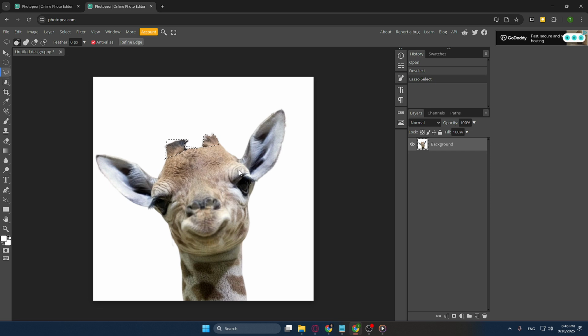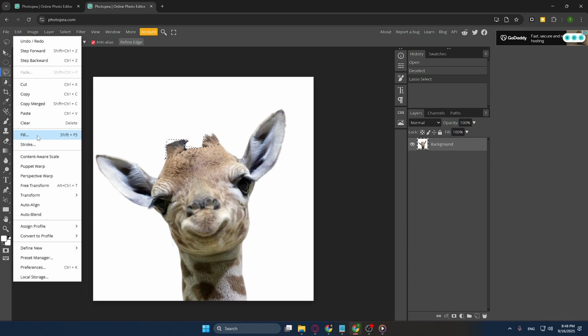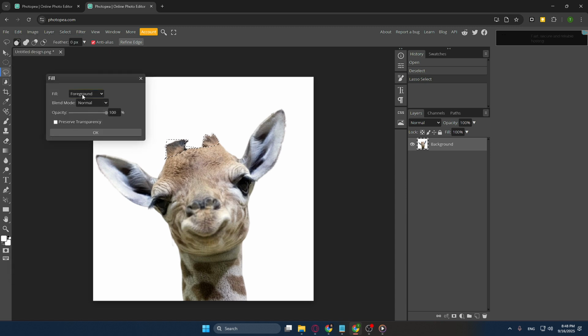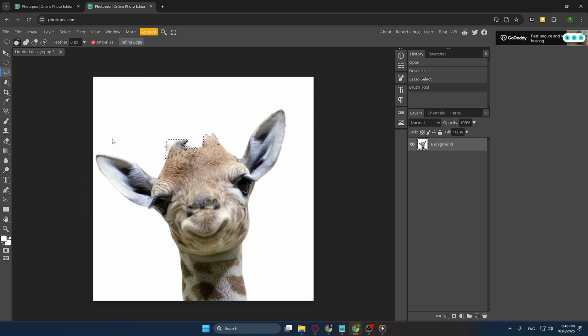a fantastic tool that helps fill in the selected area by matching it with the surrounding content. To do this, simply go up to the Edit menu at the top of the screen and click on Fill. A dialog box will appear, and here you'll want to change the Fill option to Content Aware. Once done, click OK. Photopea will then work its magic, intelligently analyzing the surrounding pixels and filling the selected area